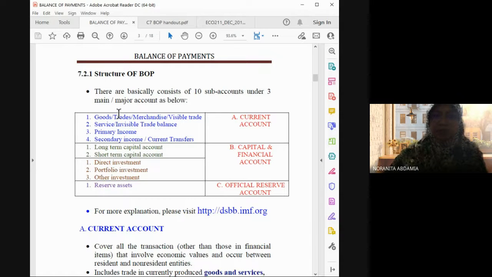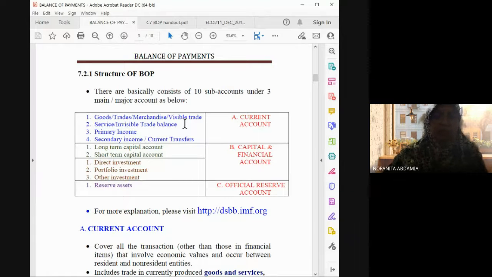Which is goods trade, merchandise. What does the slash mean? This is actually the names of this sub-account. Yes, it has many names. So you must be familiar. From my experience, from the reference books and the final year papers, sometimes these terms come out. So please don't be confused. When you see the term, you will know it refers to this sub-account. Sometimes the terms come out as goods balance or trade balance, or sometimes merchandise balance or visible trade balance. This is all the same thing. So you must adapt and be familiar with all these names.